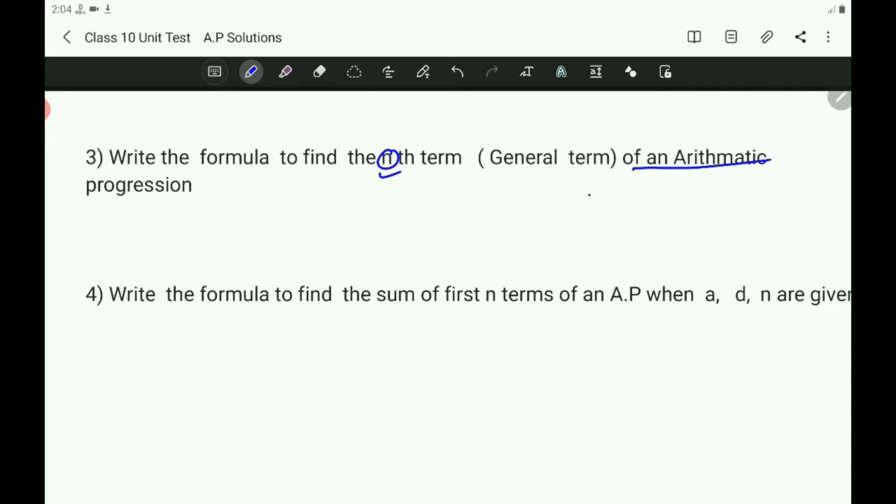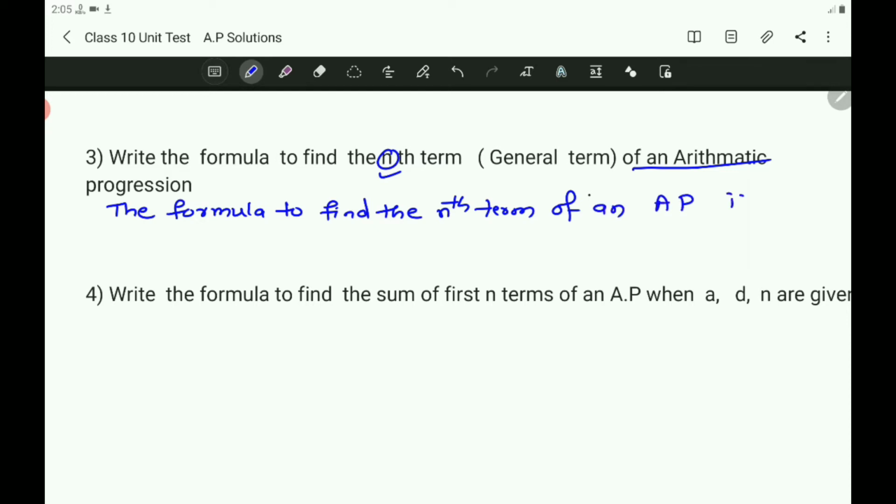What is that formula? The nth term is denoted by the symbol An, equals A, the first term, plus n, the number of terms, minus 1 into D. An equals A plus n minus 1 into D. So you can write in a sentence: the formula to find the nth term of an AP is An equals A plus n minus 1 into D,